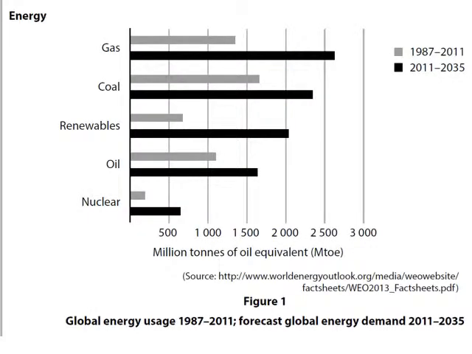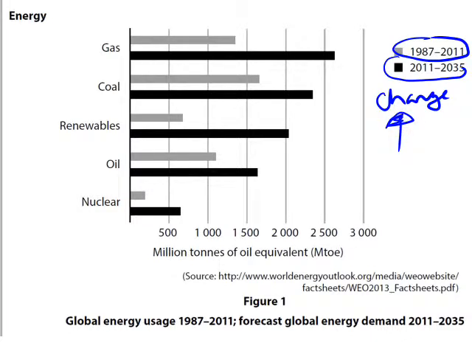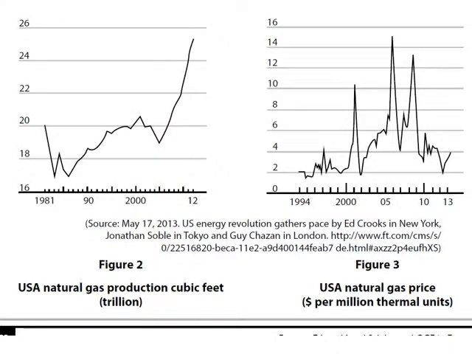Okay, so this is the start of the case study. We know the first question was looking at the cause of the forecast change. So we need to identify the change, and as you can see, up until 2011 is the light grey, which is lower in all instances than the forecast for the future, which is an increase. So what we're looking for is a possible cause from the rest of the case study of that change. The next figures, it doesn't actually ask you any questions specifically about these figures, but they could be useful. You have an increase,